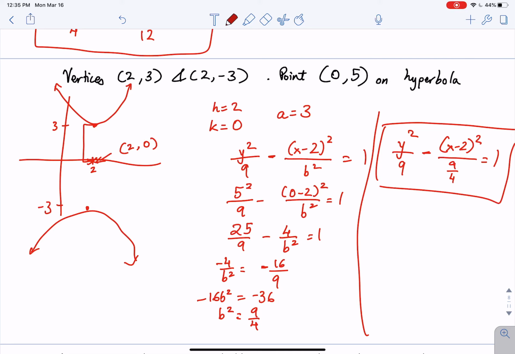So we're going to stop this video here. This is all the algebraic stuff with hyperbolas. There's going to be 2 more videos looking at applications of hyperbolas, and